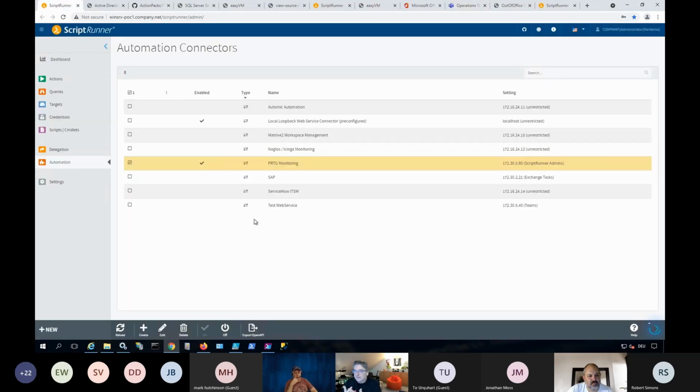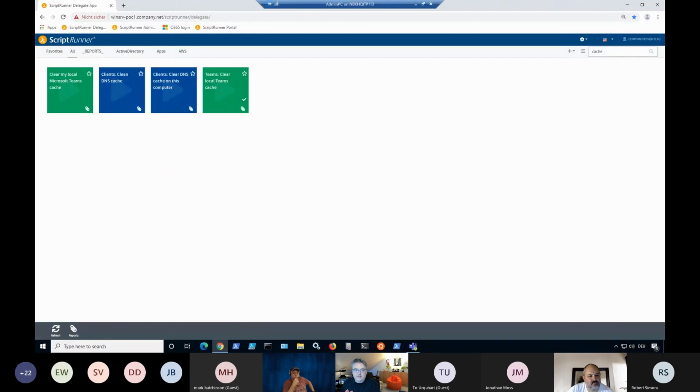And as I said, every system that is REST-ified, so to speak, you can integrate with ScriptRunner, and then you have this third way of running the scripts, as I said, manually, scheduled, and using the connectors. And the manual approach also includes, just to show you that, could be client-side actions. Let's say you want to provide an easy way for users to